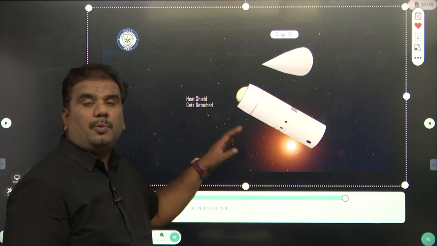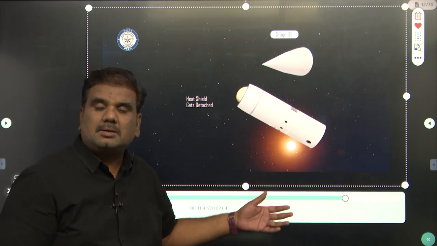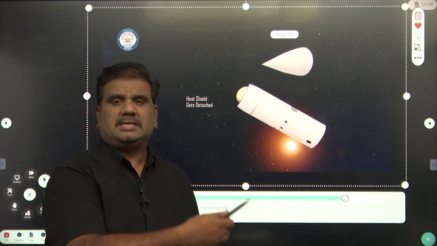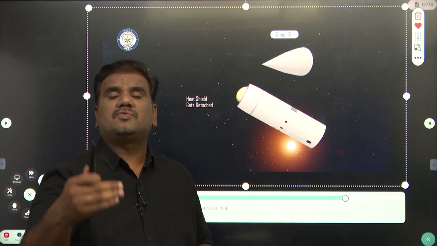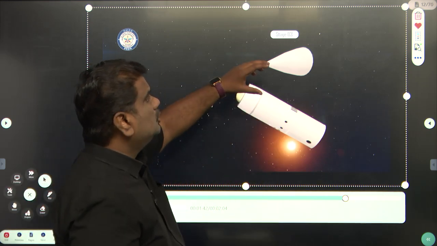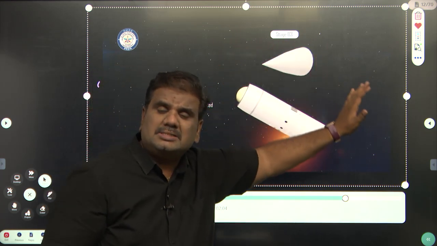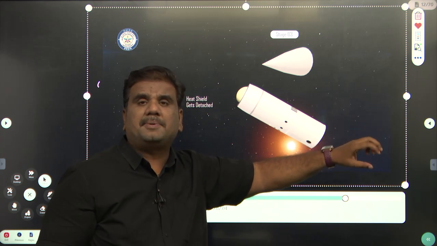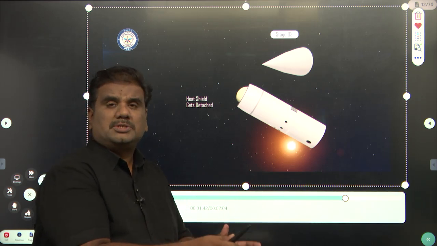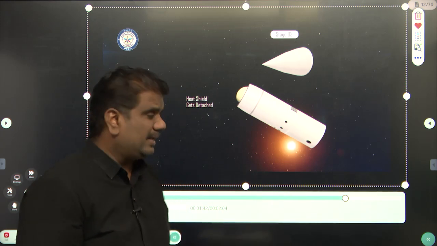This is the place where you have the laser devices used for destroying any spy satellite. Or suppose you are talking about SLV, ASLV, PSLV, GSLV, which are used for placing satellites in orbit. Even those launch vehicles have this stage called the heat shield. The heat shield has to get separated, and once it is separated, the part consisting of the satellite, or in this case the laser guided device, will be exposed.